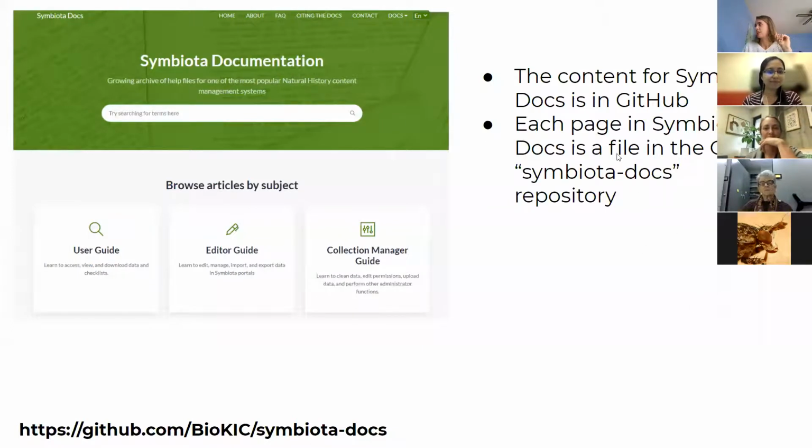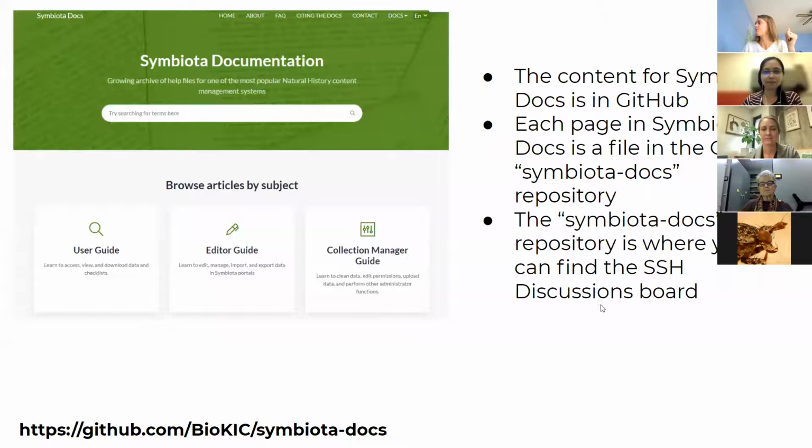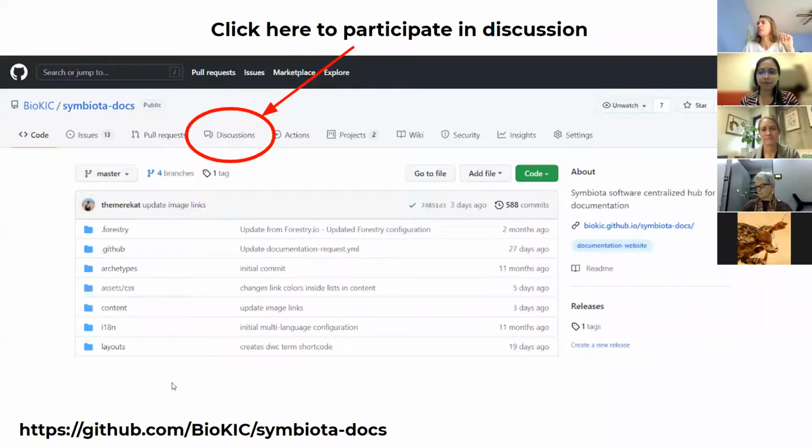So each page in the Symbiota Docs is a file in the GitHub Symbiota-Docs repository. Remember, a repository is a collection of files. And the Symbiota Docs repository is also where you can find the Symbiota Support Hub discussions board. And so this is what I want to focus on a lot right now. So when I showed you this link before, or this repository before,